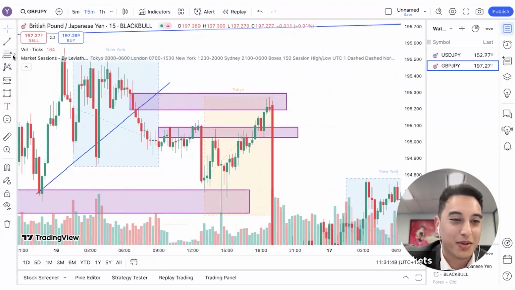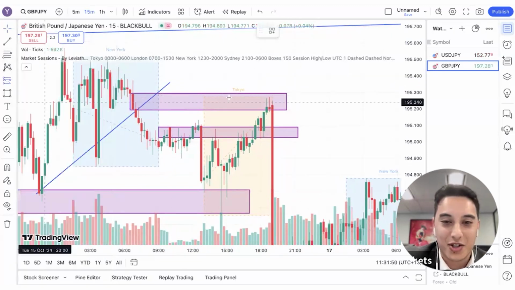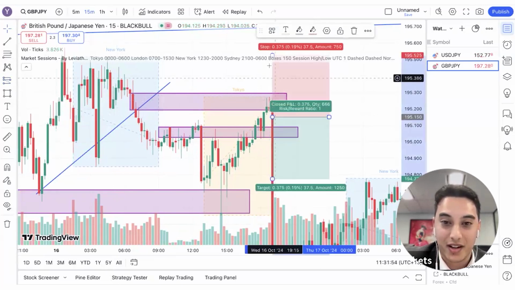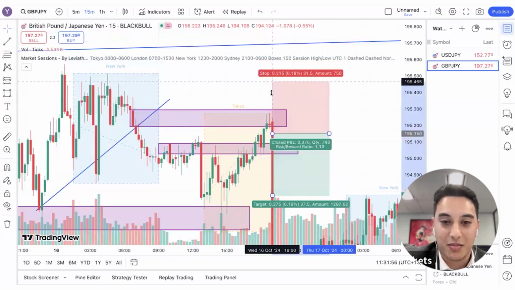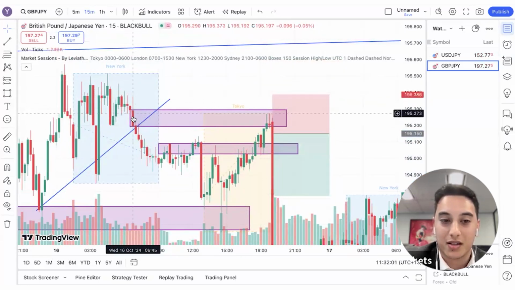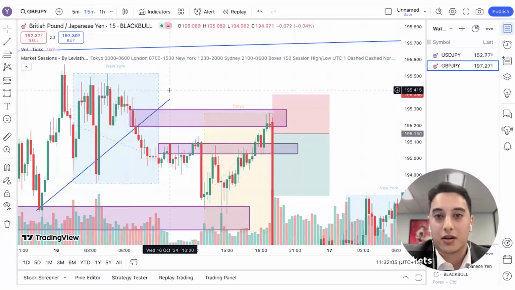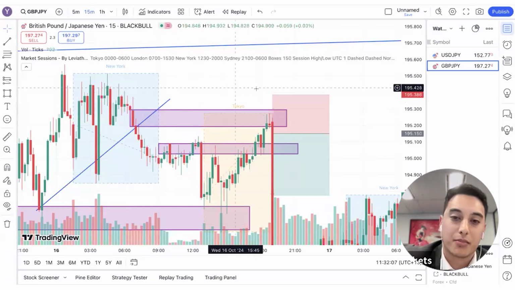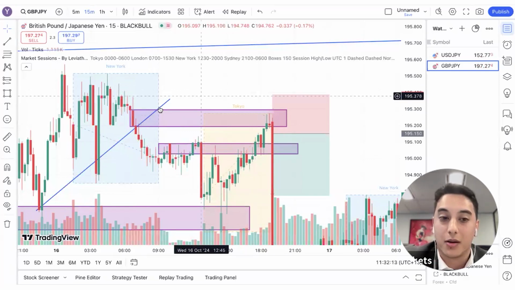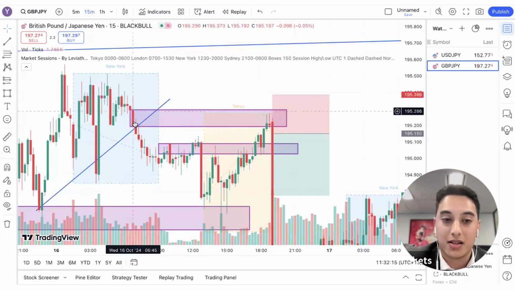But anyway, you could put your sell position here, or you could wait for a breakout and put it down here. Essentially, your stop loss is very simple. Put your stop loss here. Look at this breakout. This is kind of the bulk of the candle we're looking at. Pretty much the logic behind our stop loss is that if price exceeds our stop loss, it means that our idea was wrong. This is where the sellers stepped in.